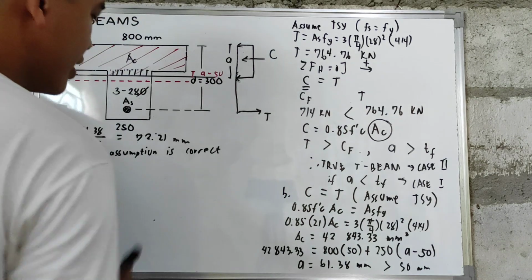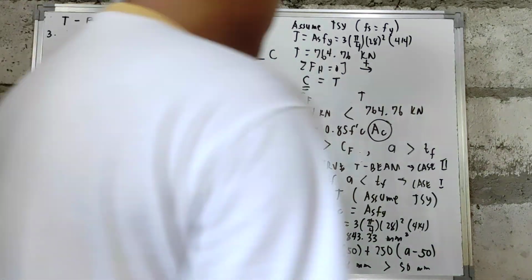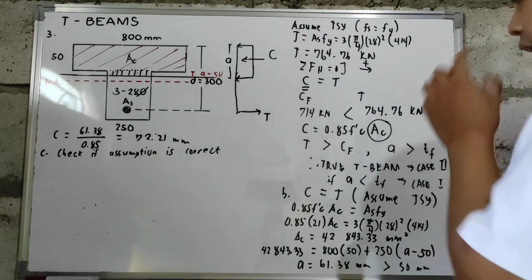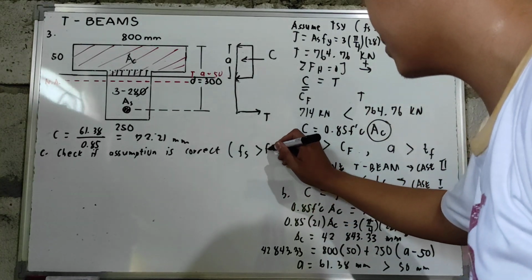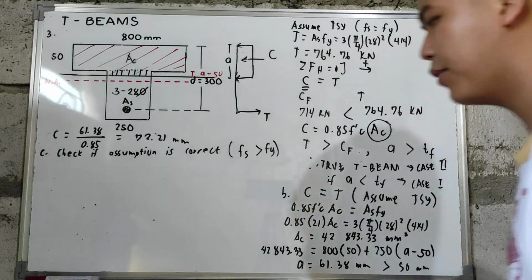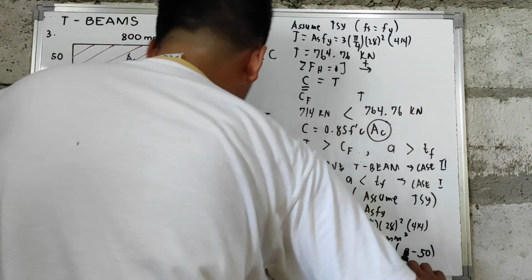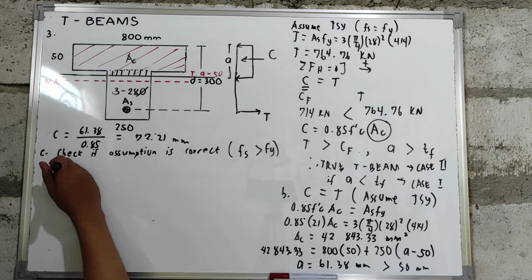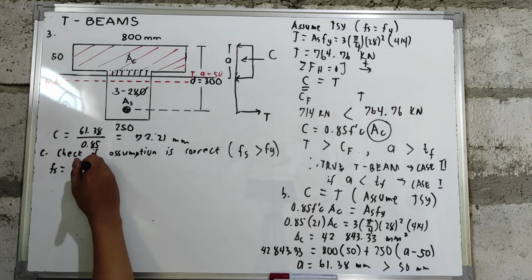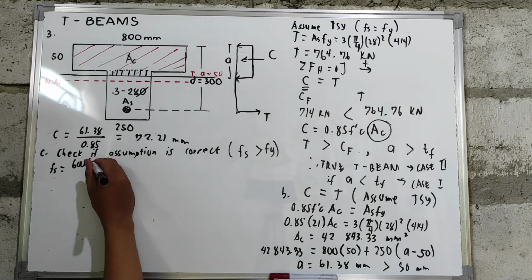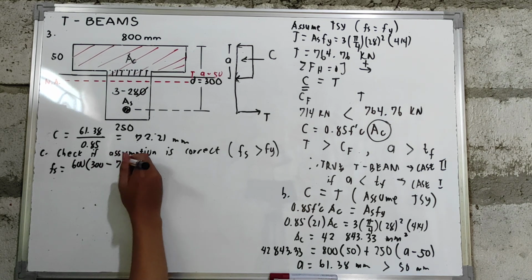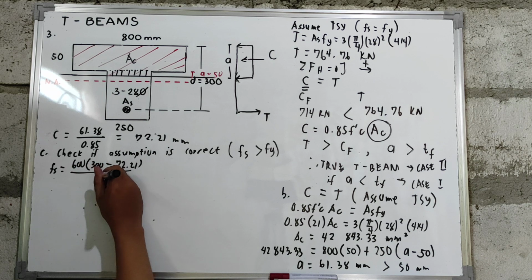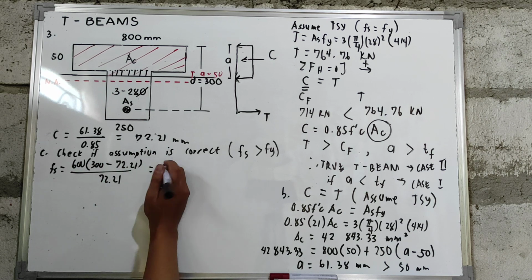Ano ba yung inassume natin dito? Inassume natin na yung tensile steel natin will yield. So if that will happen, yung Fs natin, that must be greater than the value of your Fy. So, hanapin muna natin yung value ng f sub s natin. So, f sub s, that is equal to 600 times d minus c over c. Yung d natin, that is 300, minus yung c natin na nakuha na 72.21, over 72.21. So, the value of your fs is now equal to